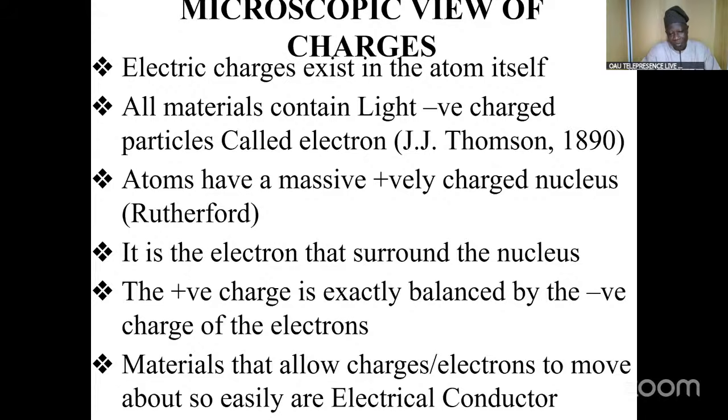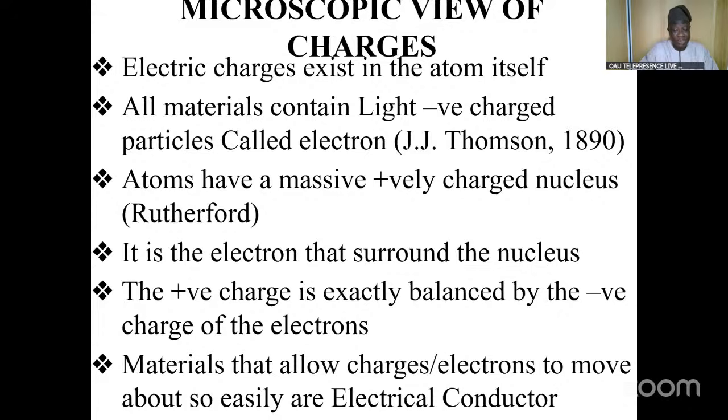If I want to test now, I can say it is the electron that moves vertically to the nucleus. Is that correct? No. That's how to identify the wrong statement in the option. You should know the electron is the one that surrounds the nucleus. It is not the proton. It is not the neutron. So these are the three properties you're familiar with when it comes to the nucleus of matter. And that the positive charge is exactly balanced by the negative charge of the electron. That's why it becomes a complete atom. Next point,